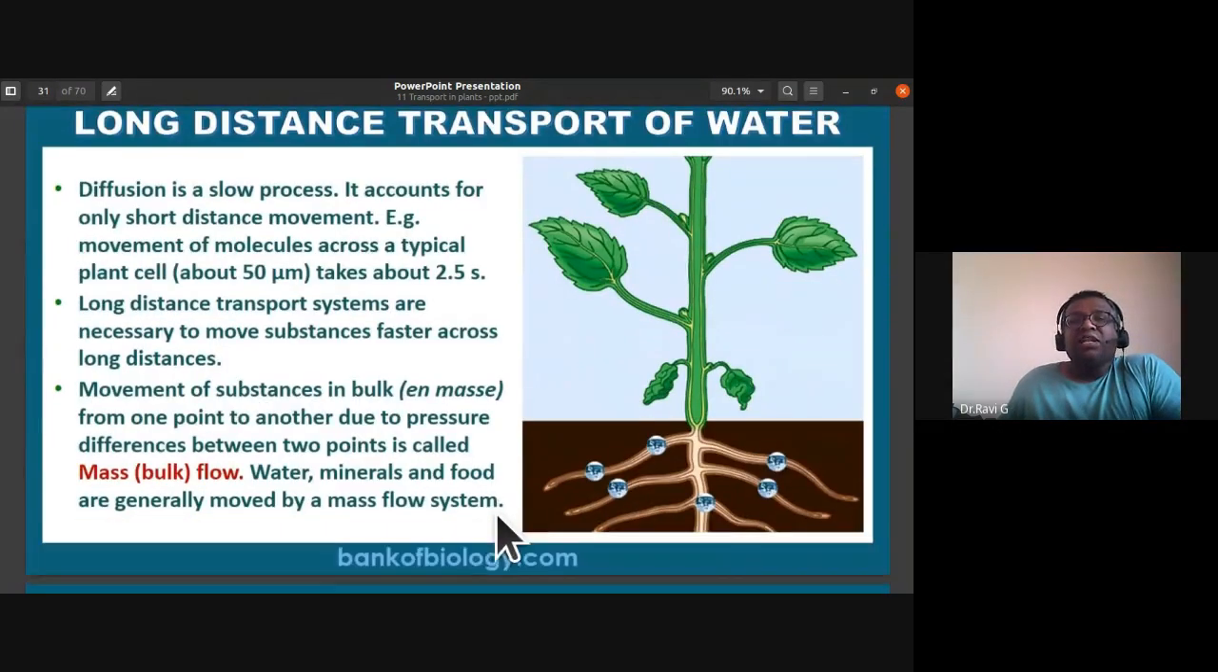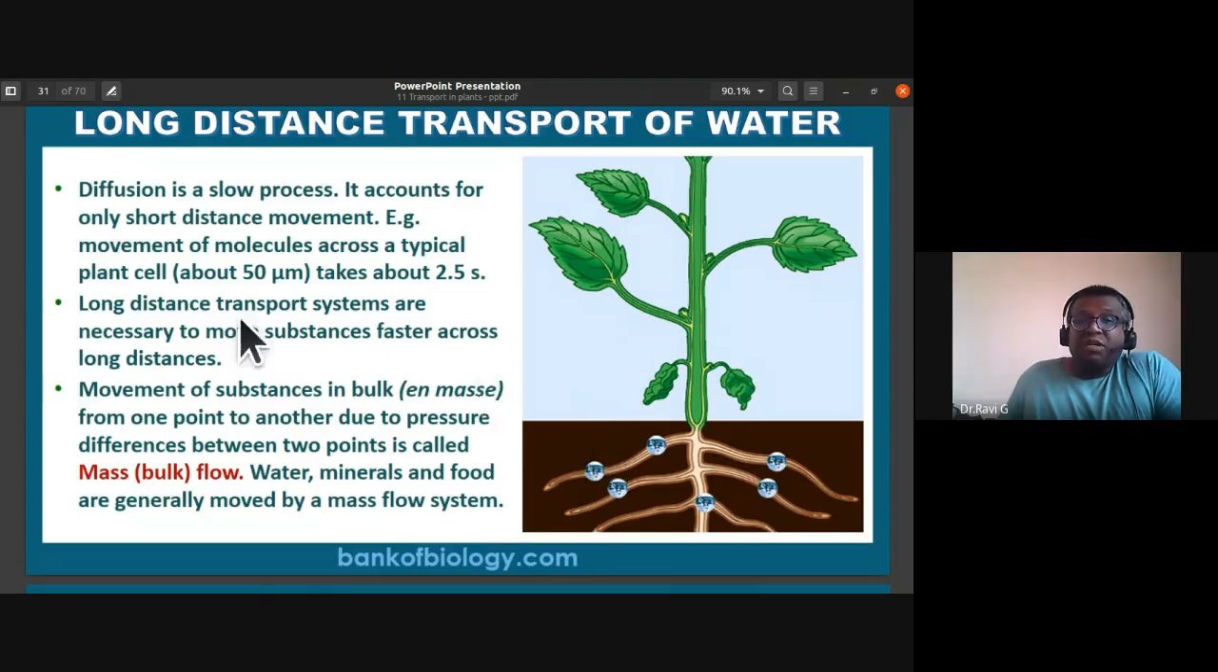So long distance transport of water. If we consider diffusion, it is a very slow process. For the transport of water, it accounts for only very short distance movement. You can say diffusion is accountable for short distance movement of water. Example, the movement of molecules across a typical plant cell, which is 50 micron meter, one plant cell,